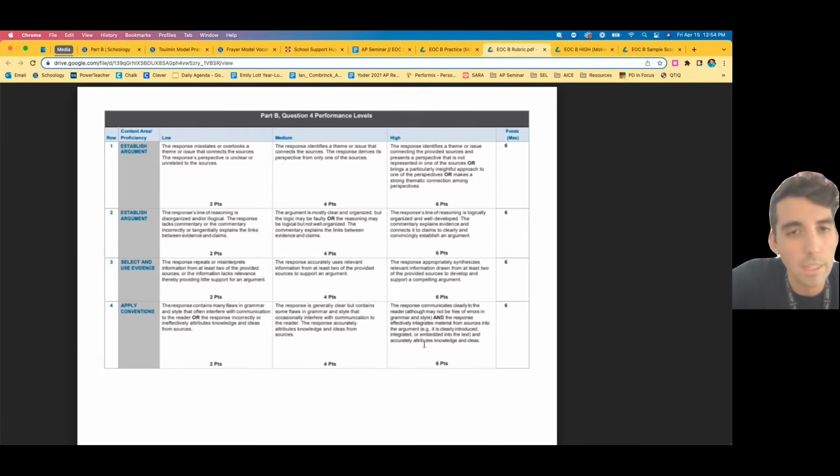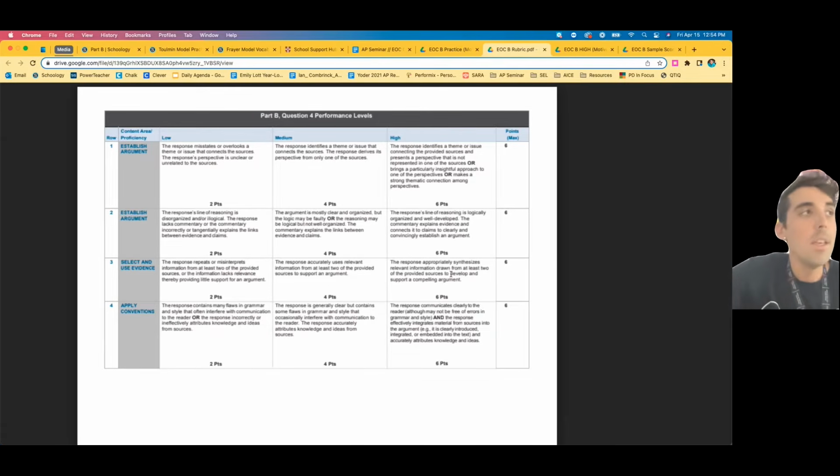Also making sure you use them correctly. So don't misrepresent what the source is saying in order to force your argument upon the reader. Make sure you use the argument or the source in the manner in which it's presented. So if they're arguing in one direction, you have to use that as yours as well. Again, that should be very easy 6 points because it's just applying evidence to your argument, which is something you have done now at least twice, plus the many, many years you've been taking English and other